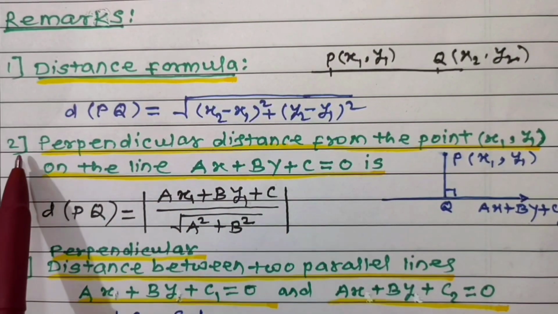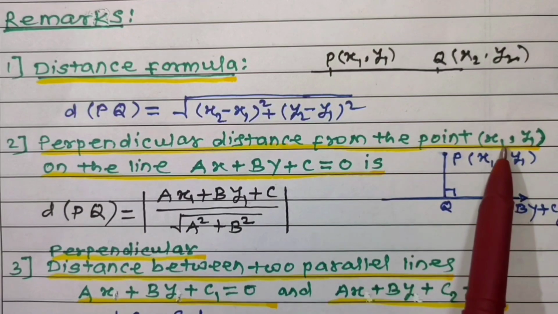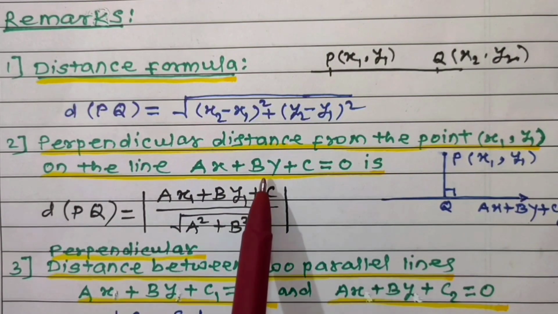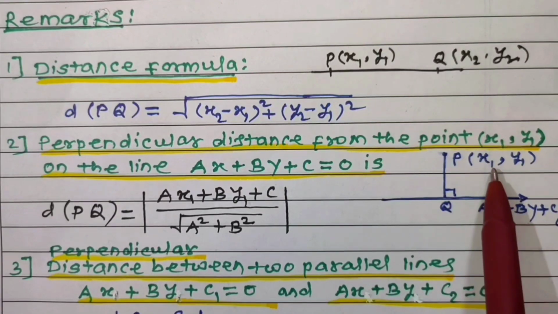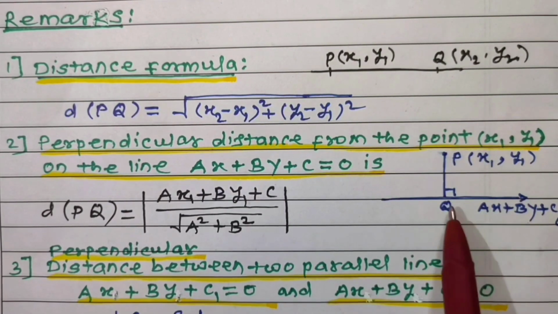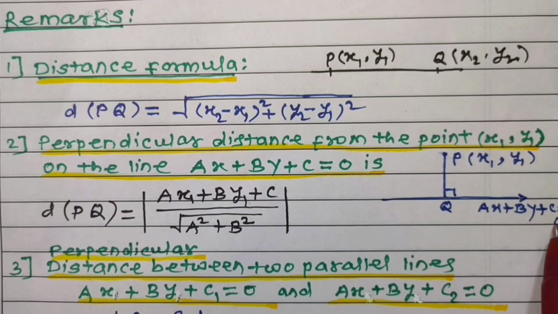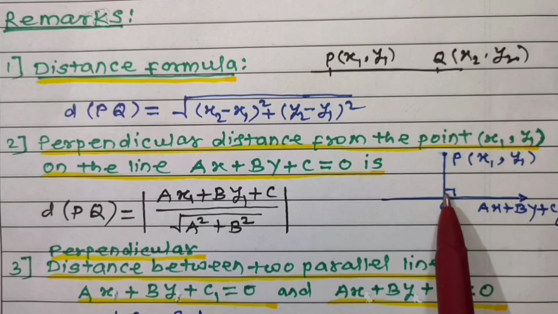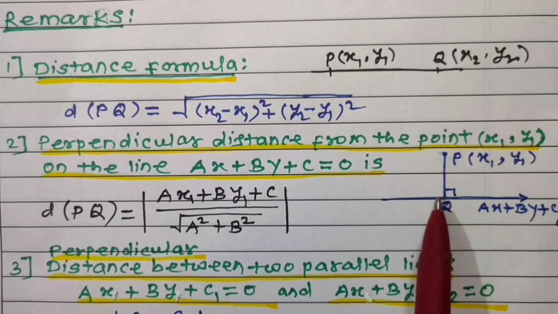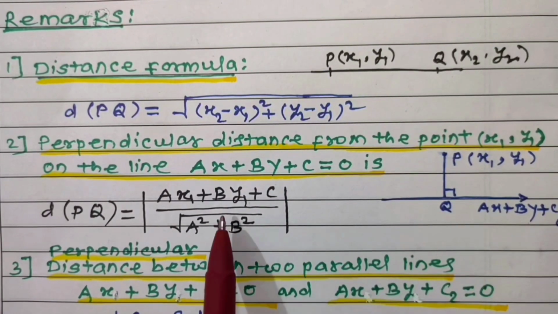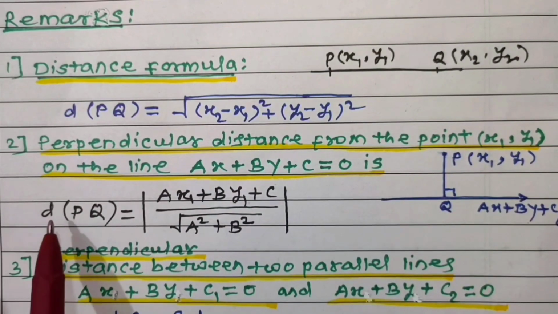Okay, now number 2, perpendicular distance from the point on the line ax plus by plus c is equal to 0 is given by, this is point P x1 comma y1 here, and this is line ax plus by plus c is equal to 0, and this is line segment which is perpendicular to this line. Then this distance PQ is nothing but distance of the point P from this line, and which is given by